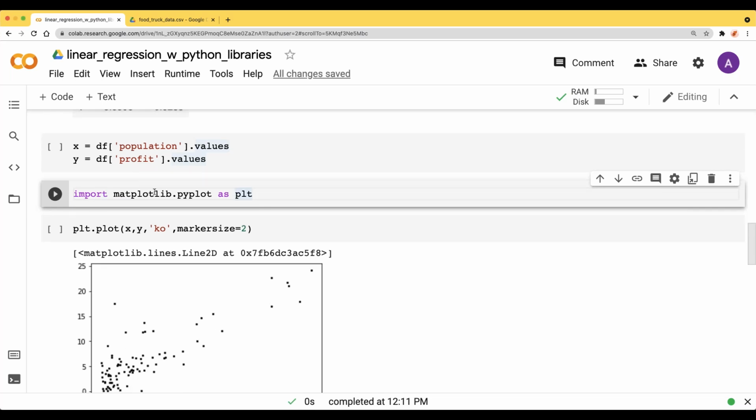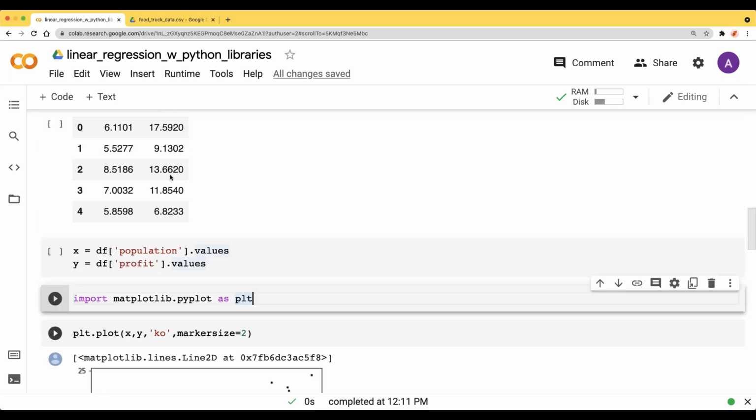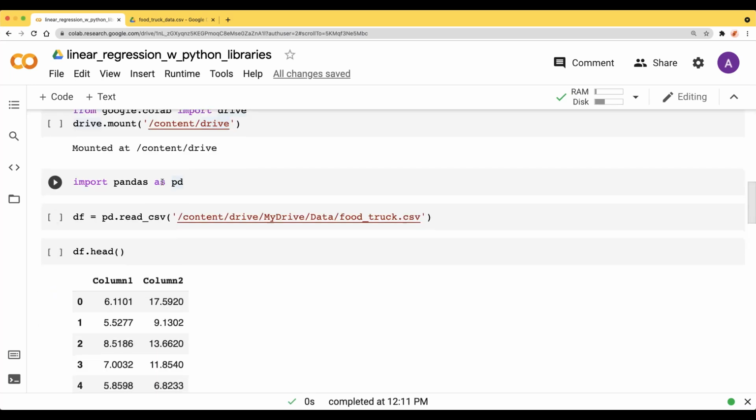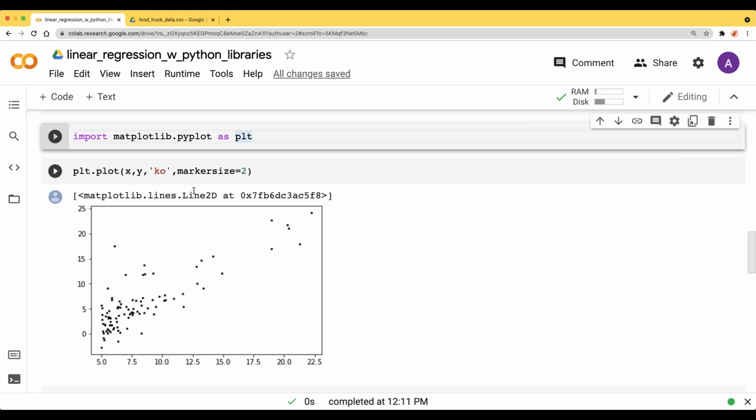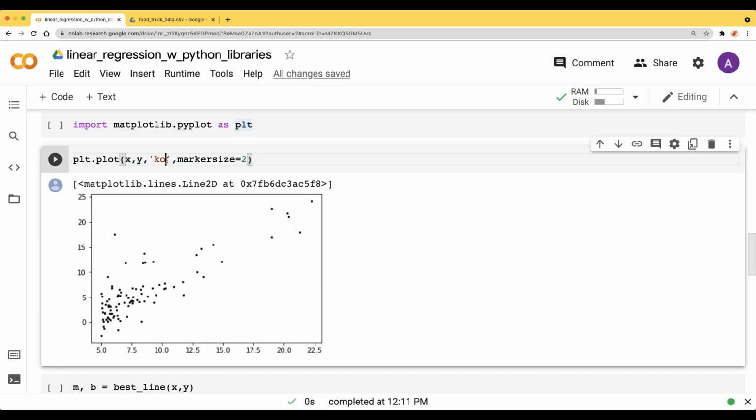As you can see, I've imported matplotlib.pyplot as plt, which is just the abbreviation. From the data we imported with the help of the pandas library, we're going to use the plt.plot feature and plot the x and y points, with 'ko' and marker size equals 2. The 'ko' instantiates that we want it in terms of points